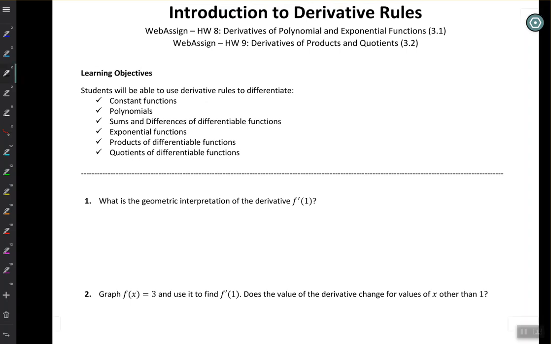Constant functions are polynomials, and we're also going to be looking at sums and differences of differentiable functions. And your good old exponential function e to the x, that's all section 3.1 in our text. And then we're going to look at product rule and quotient rule, that's 3.2. This is about finding the derivative of a product of two functions multiplied together, or the quotient of two differentiable functions